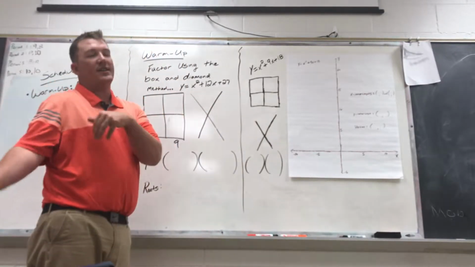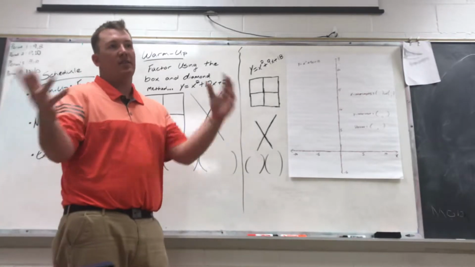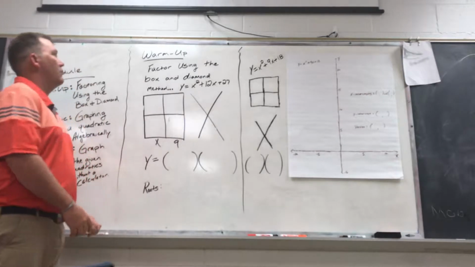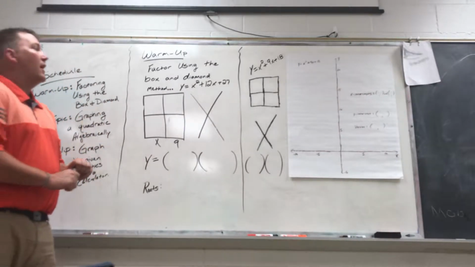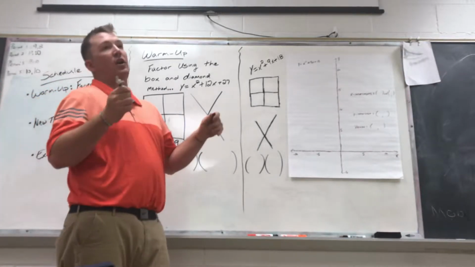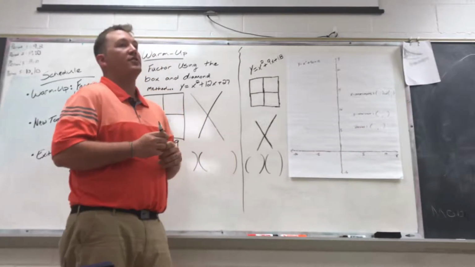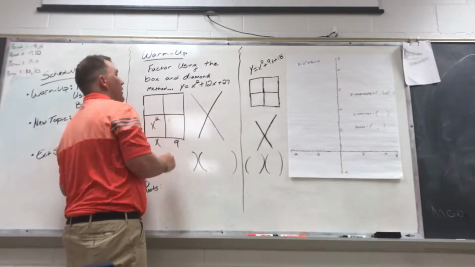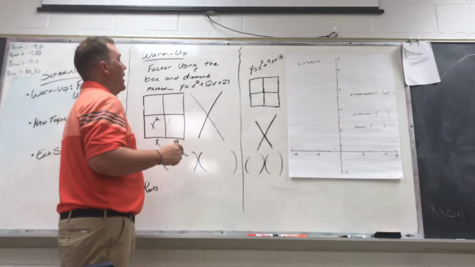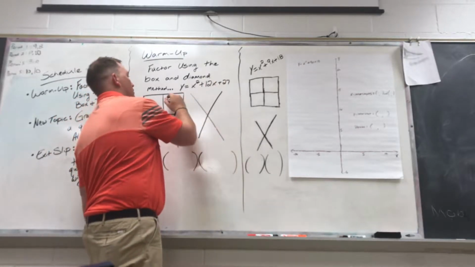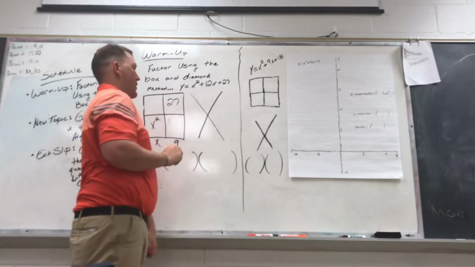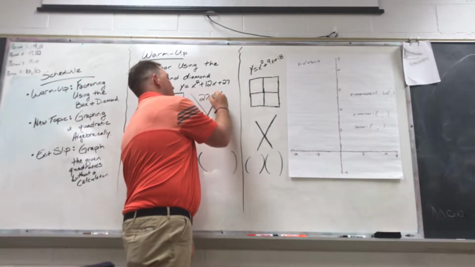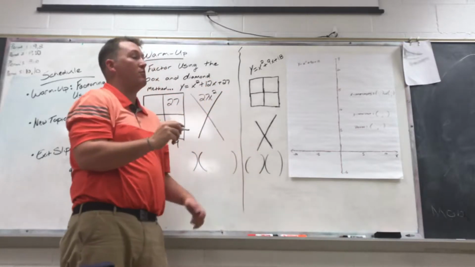On a normal lesson, we'll start with a warm-up, then we'll get into the bulk of the lesson, then we'll have an exit slip. So the warm-up for this lesson was: factor using the box and diamond y equals x squared plus 12x plus 27. My students would start out by plugging in the x squared value in the bottom left-hand square, and the third term, which is 27, in the top right-hand corner. They would multiply those two together to get 27x squared,